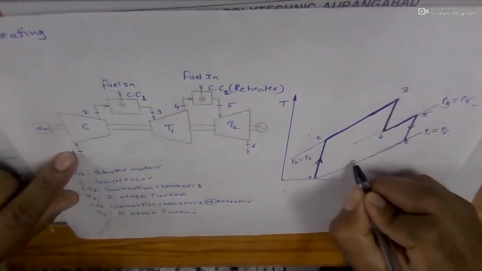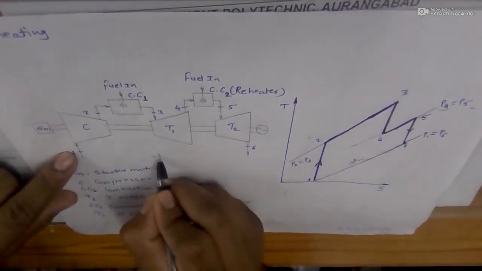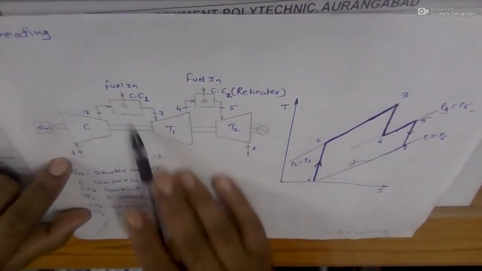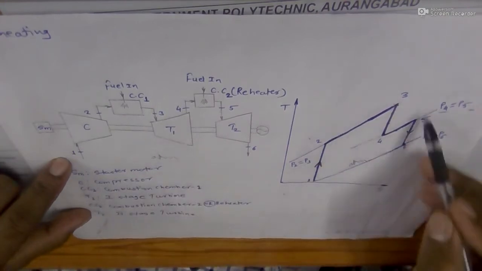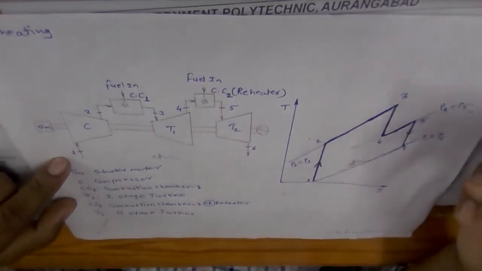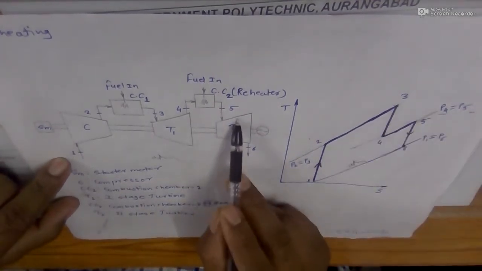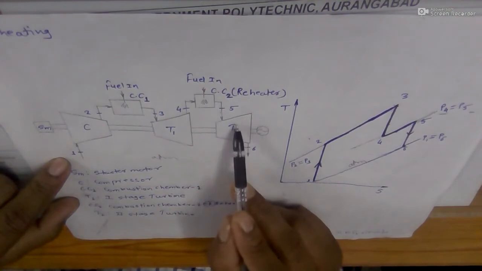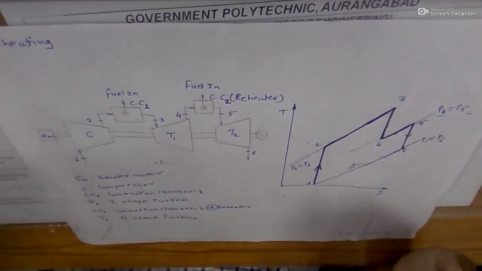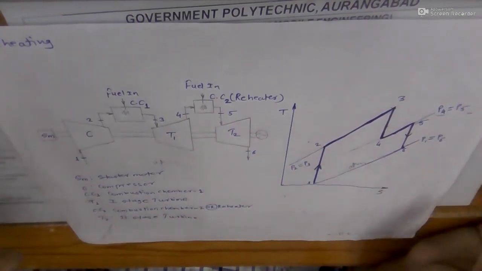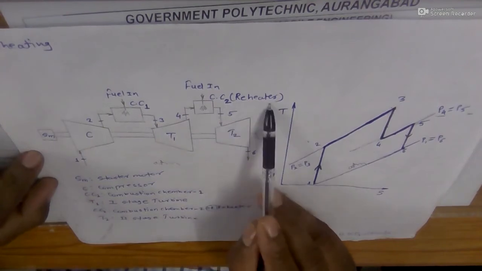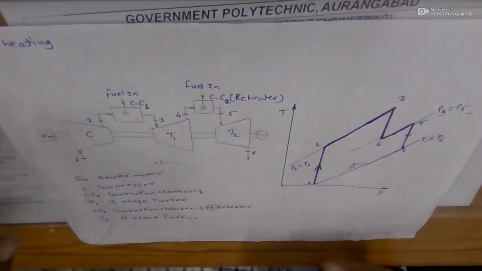This is nothing but the atmosphere, and this is nothing but the atmosphere. Okay, so this is how we are correlating this with your TS plot. So what is happening right now, if I am not using a second turbine? Now we are talking about what is the positive effect on the output of the turbine when I am using a reheater. That is what we are supposed to discuss now.